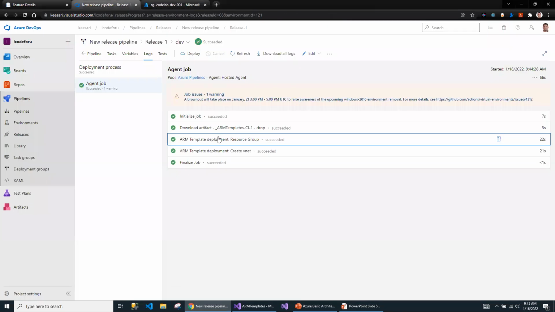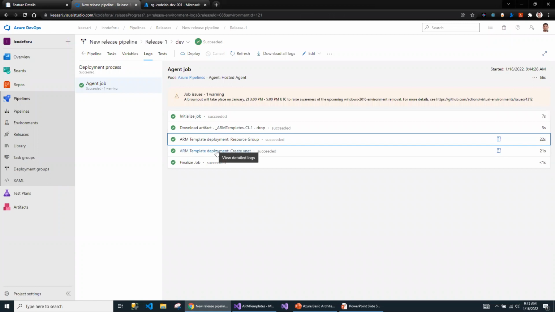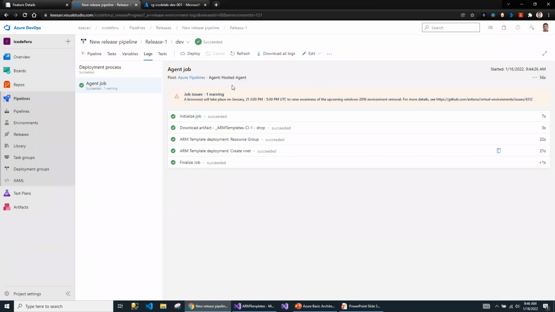Now what we are doing is it's an incremental mode. I'm rerunning the same script to make sure that the new code is getting added or appended to the existing resources. So if you look at the VNet task, it's pretty much the same. Make sure that you review the VNet RM template. This is the VNet related parameter file for the dev, and the validation is successful, and the deployment is also successful. So that's how the dev code deployment works for this one.